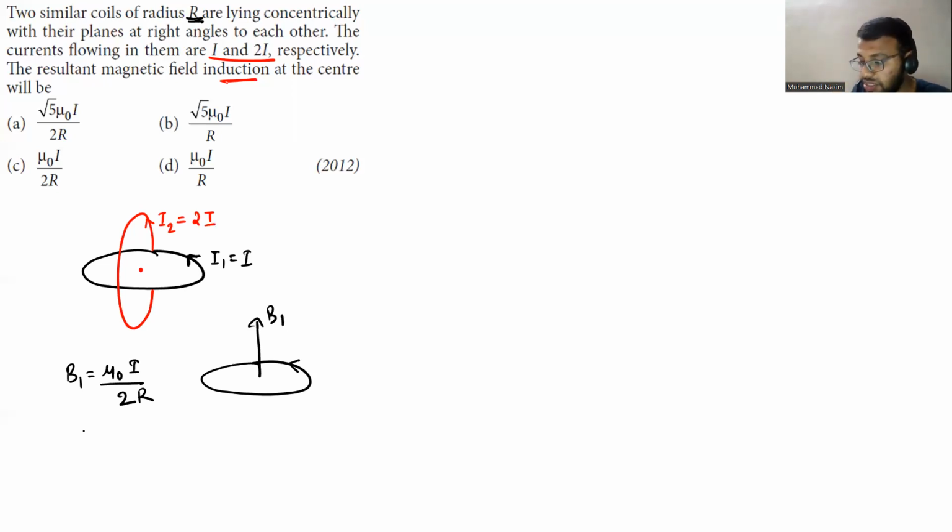Similarly, B2 will be how much? B2 is going to be mu naught into the current it carries, 2I, divided by 2R. The radius is the same, R. But what is the direction, students? Direction is,